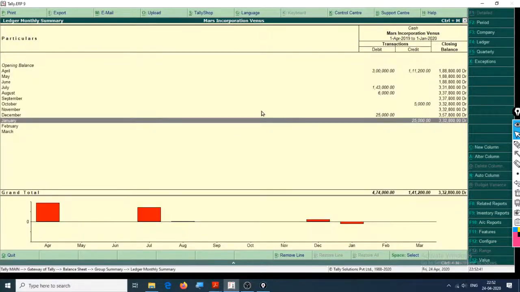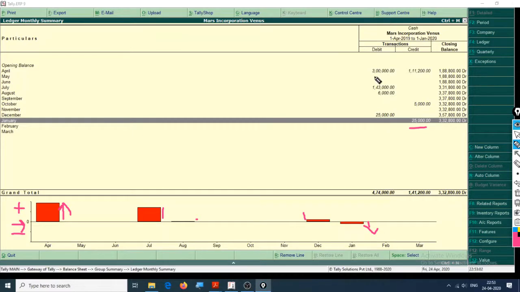Enter. As you can see right here, this is a cash plus, this is a graph plus, and this is minus, plus, plus, plus, and we have minus 25,000 here.